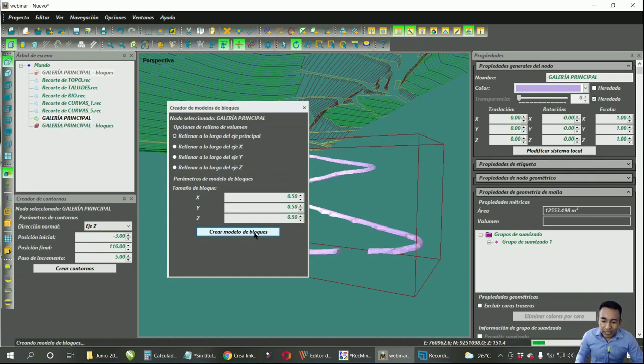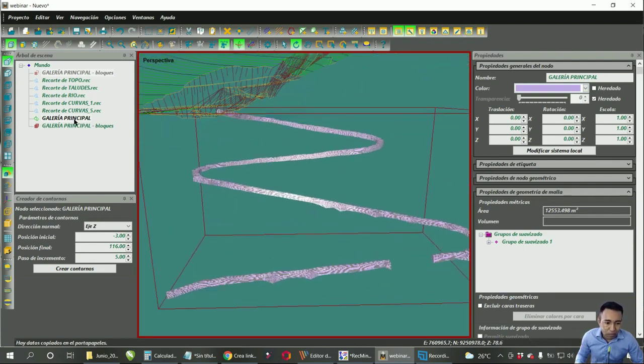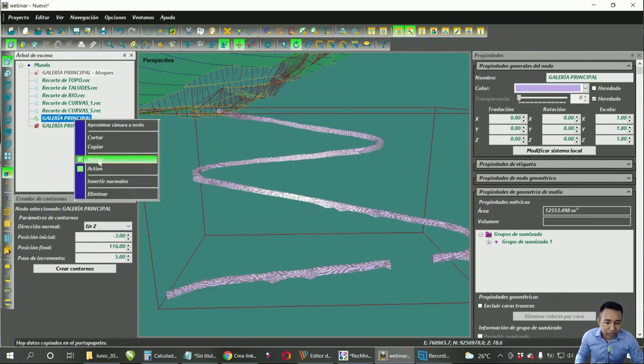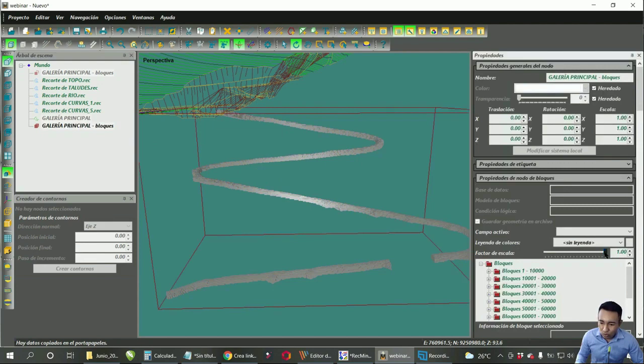Click on generate block model and wait for the program to generate the blocks. For this option, you don't need to have a pro license. You can try it right now if you want. And that's it. The program has just generated the blocks, or just filled that gallery with blocks. I'm going to turn off right now here the gallery solid or the triangles and leave activated only the blocks. And below here, I have the information that the software has generated